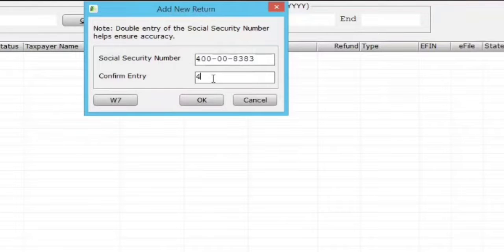This is, of course, not anyone's social security number. I'm putting this in for the purposes of training. Once you put in the social security number,